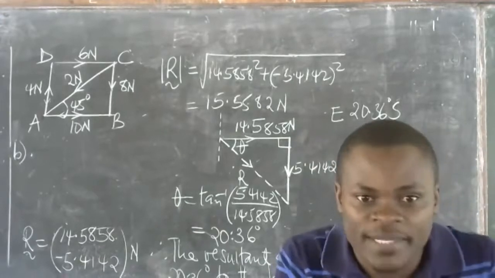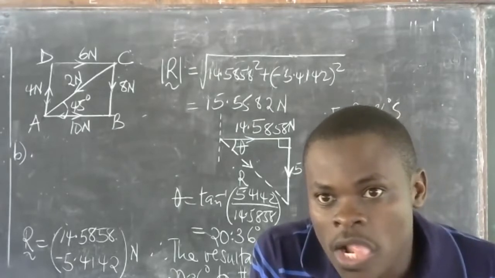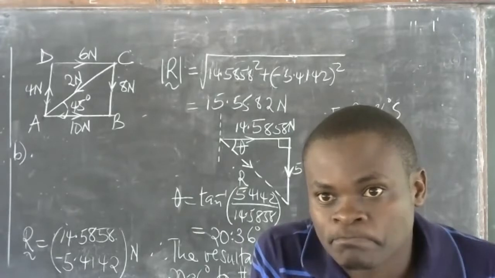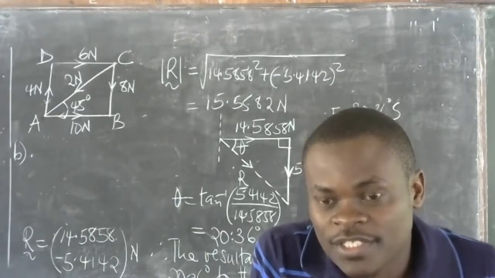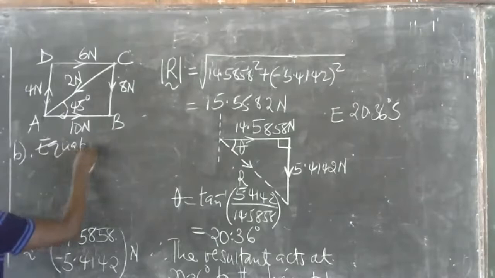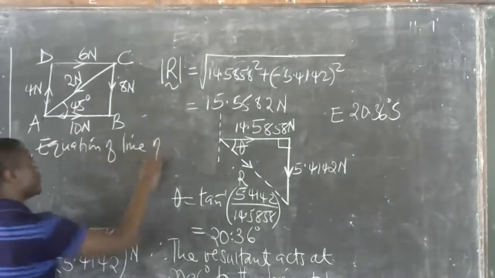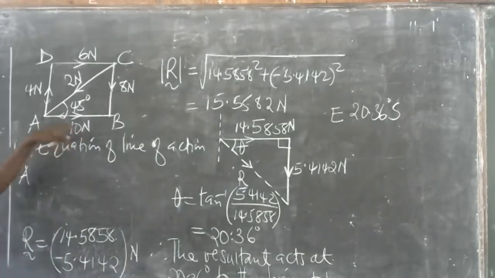The equation of line of action is given by, now since they finally want us to find a point where it cuts side AB, that means we take moments along the line AB. So taking moments about point A,